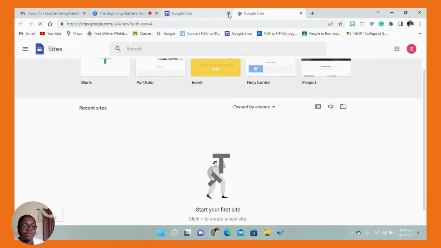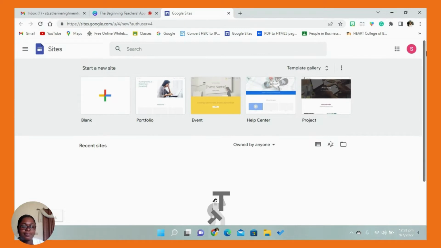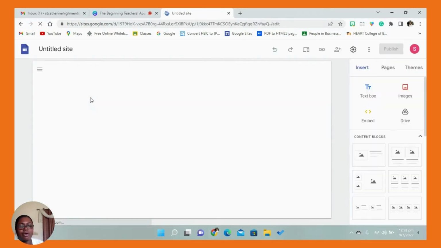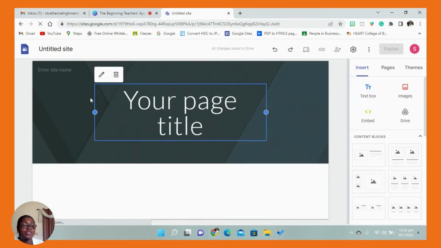So I'm going to close out the first Google Sites that's there. So once you're doing this for the first time, you will see the welcome message. And as you saw a while ago, I had to switch over because the default email is the one that is going to open in. So let me just scroll back to the top. This one has no sites. So I'm going to select blank. So once I select blank, it is going to carry me to an area where I can actually edit. So start from scratch, as mentioned before, creating my